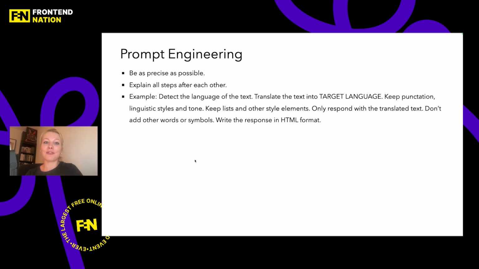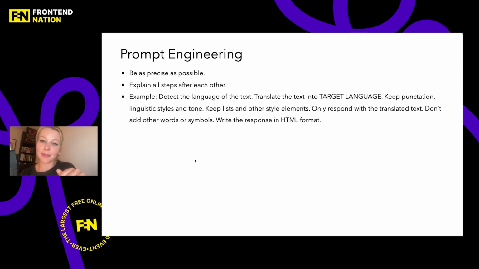As an example for the translations I added, I did not just have the prompt translate this text into this. Instead, my prompt was: detect the language of the text. Why? Because the text could be in Spanish. My prompt here is in English, but I maybe want to translate it to German, and this can get confusing for the model. So I'm telling it: detect the language of the text, translate the text into the target language, keep punctuation, linguistic style, and tone, keep lists